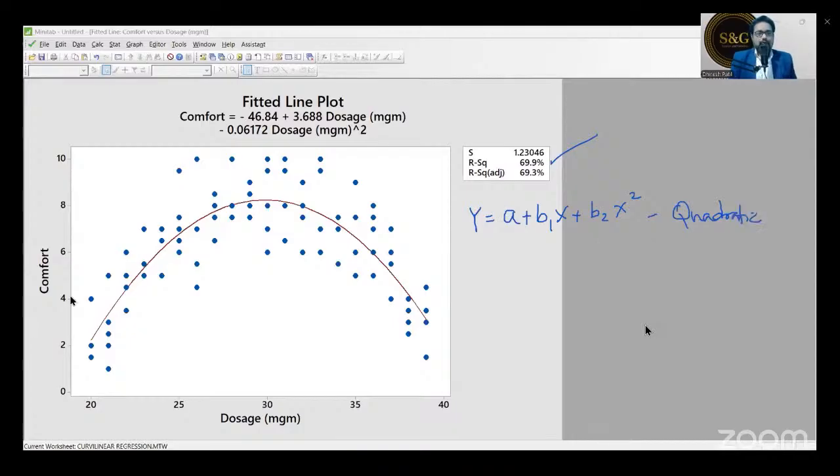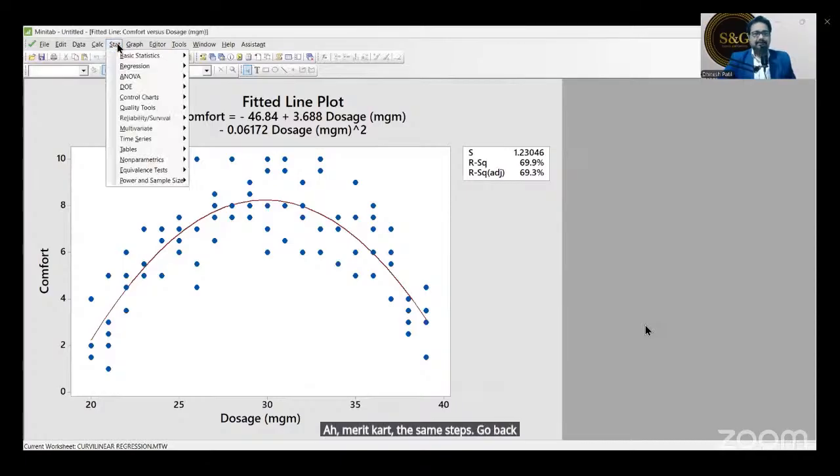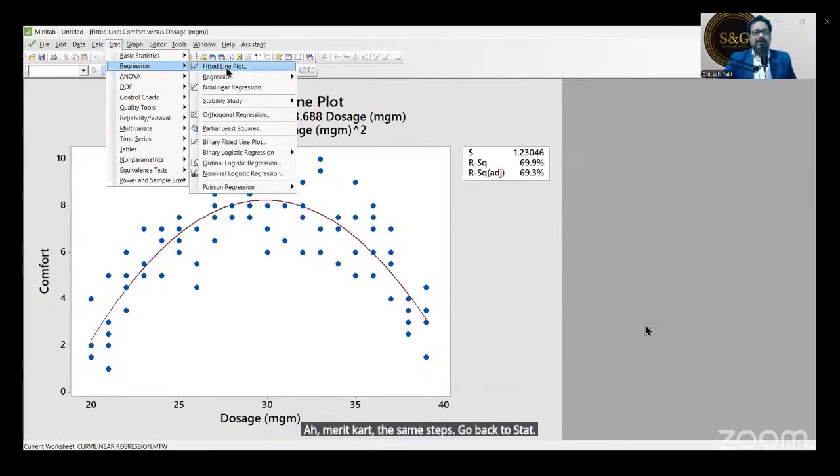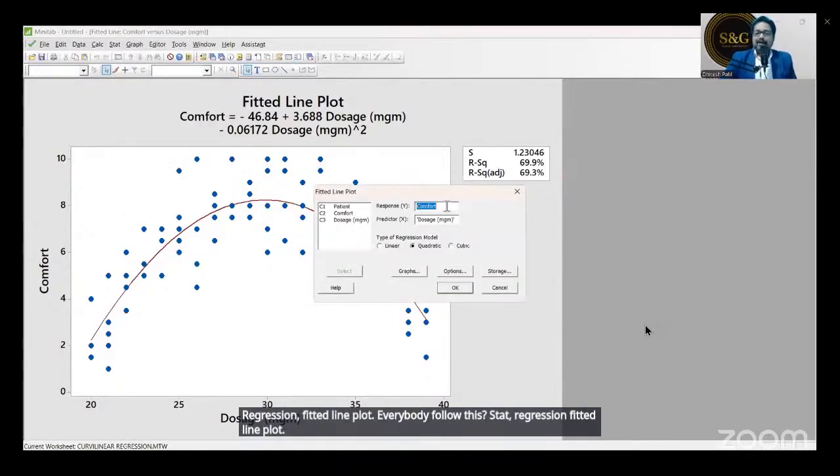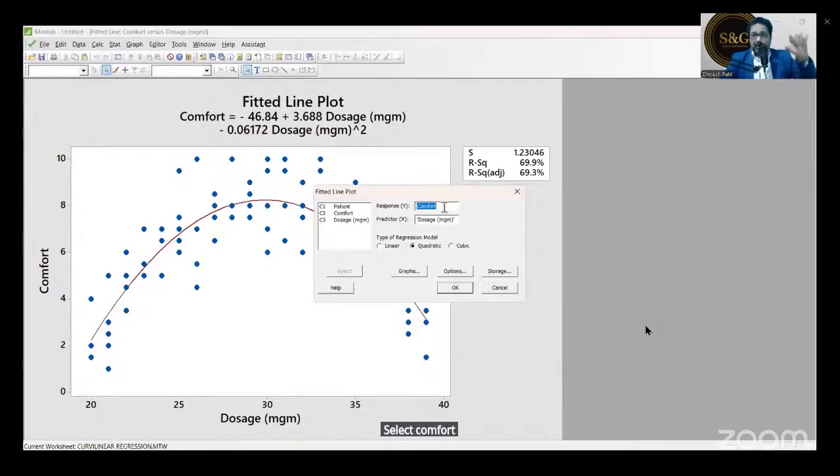Yes, I'll repeat. The same steps. Go back to Stat, Regression, Fitted Line Plot. Everybody follow this. Select comfort in Y, which is our output Y. X is our dosage. First you do linear and click OK.